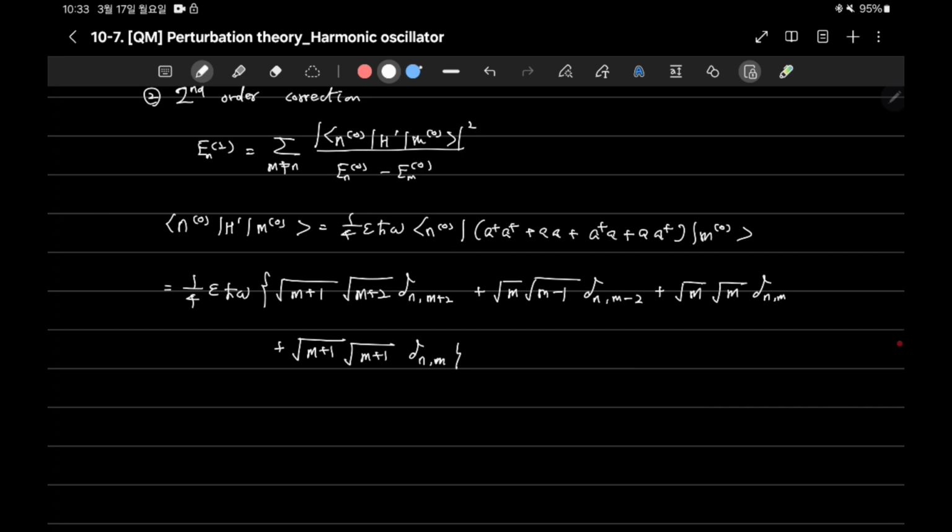Because it is a non-degenerate case, n should not be m, so those terms should be equal to 0. Therefore, the second energy correction is the square of this one, 1/4 epsilon h bar omega squared, and